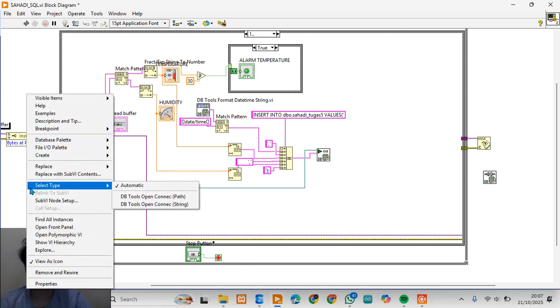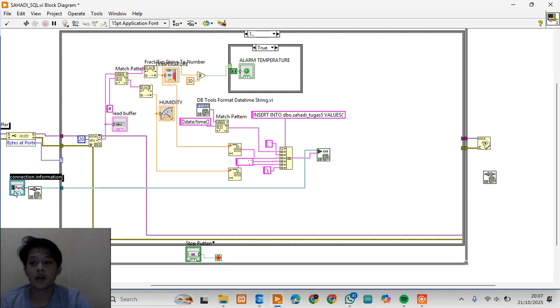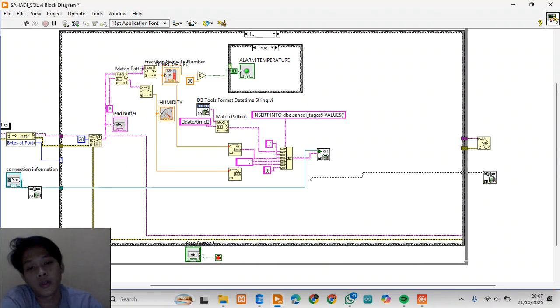For the connection in, I create a control for editing the path of the UDL, and I connect the reference to DB close.